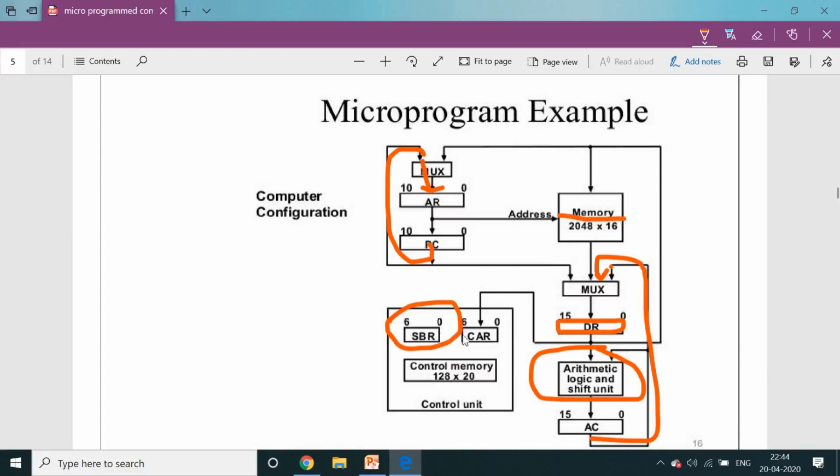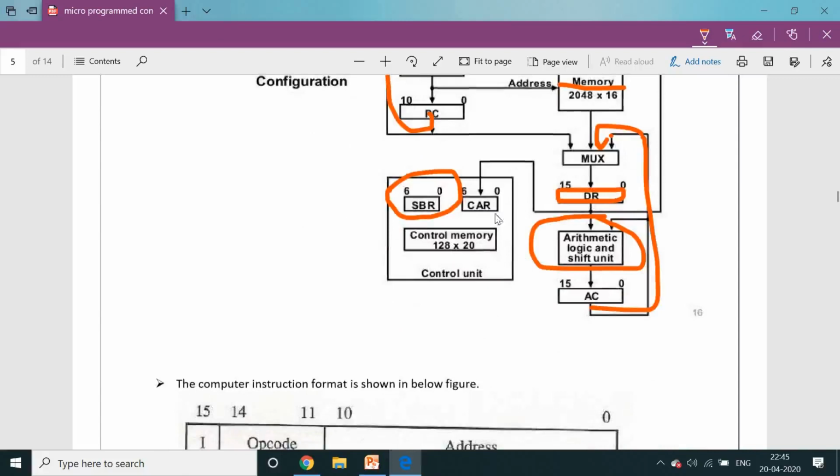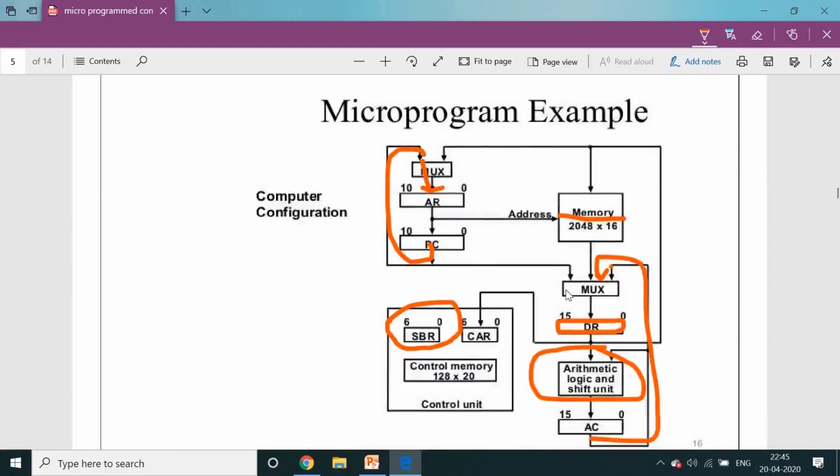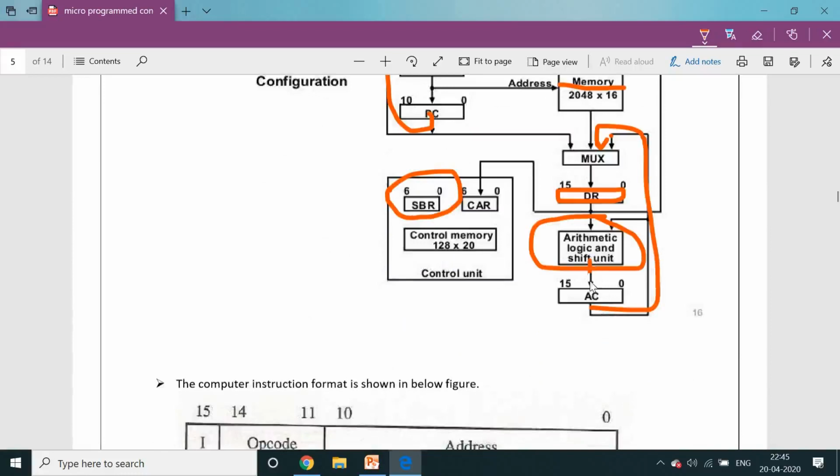Microprogram control: SBR and CAR, two registers are there. Any register represented in a rectangular box is itself a register, that is, the subroutine register and control address register. With the help of this block diagram, we generate addresses to generate microinstructions or micro operations to control the arithmetic logical unit blocks. Depending upon different control signals, the register blocks and memory instructions are automatically modified. After execution, the result is again transferred to the AC accumulator, because AC is a processor register.